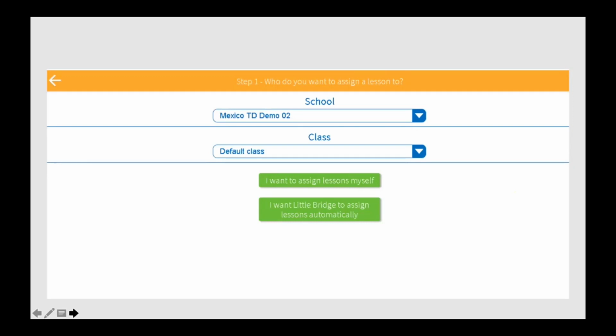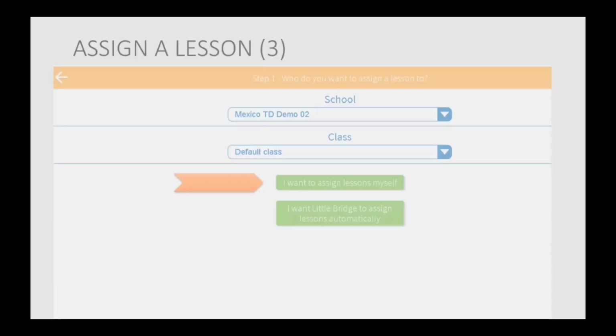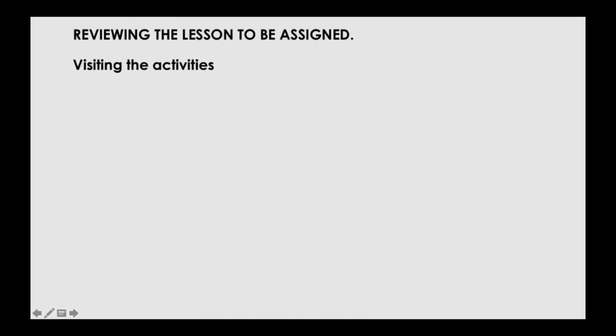So the process is as follows. You ask the platform to allow you to select the lesson, to study it, to review it, to analyze it. Okay, so here we are. I want to assign the lesson myself. So, number 1, visit the activities. With this eye, it's a little eye, even if it looks like something else, this is an eye icon.